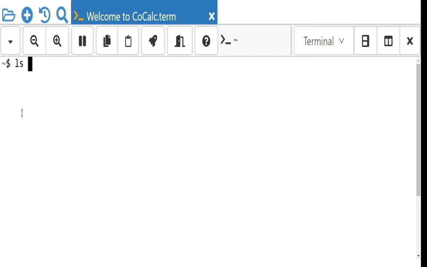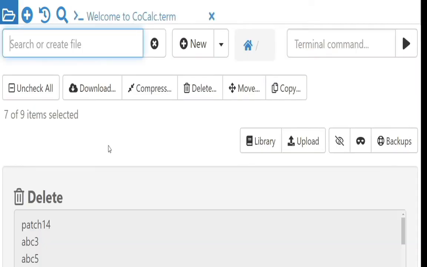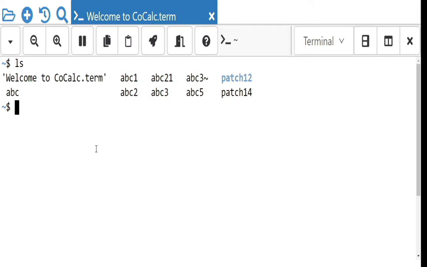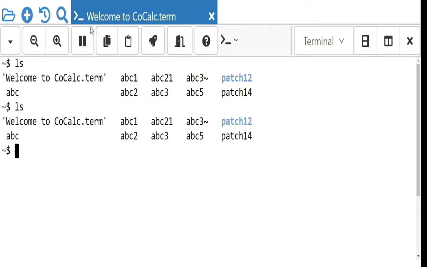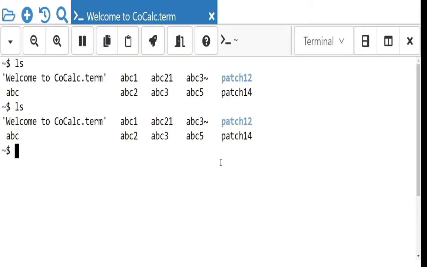Okay, first we will see which files are present in my directory. See, abc1, abc2, all files are there. Let me delete all these files. It's okay.